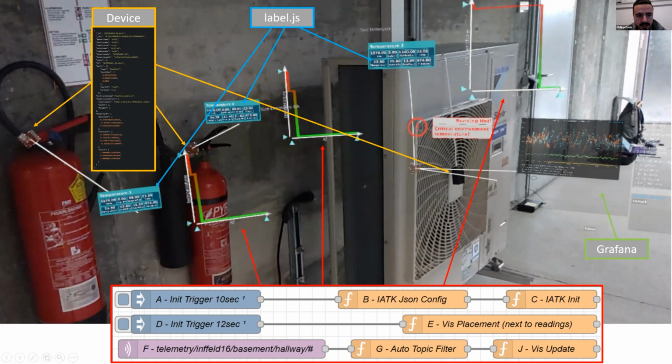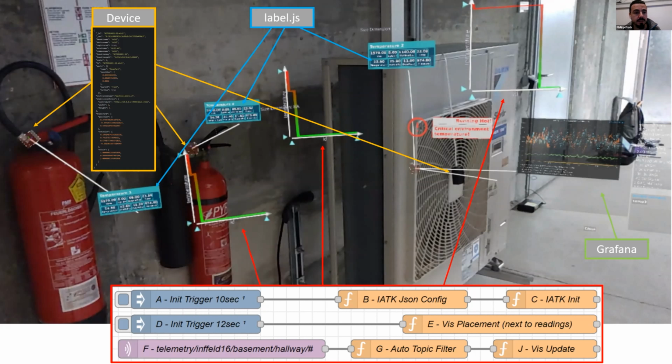So we see the charts. Every device can load up such a chart based on this flow that we set up. And over here on the left, the violet one that says hallway with the hashtag at the end, this one connects to all sensors and retrieves all the data. And based on which sensor you are, this allows creating specific data for each sensor. So this makes it very nice to write one bit of code that is generic for all the sensors,